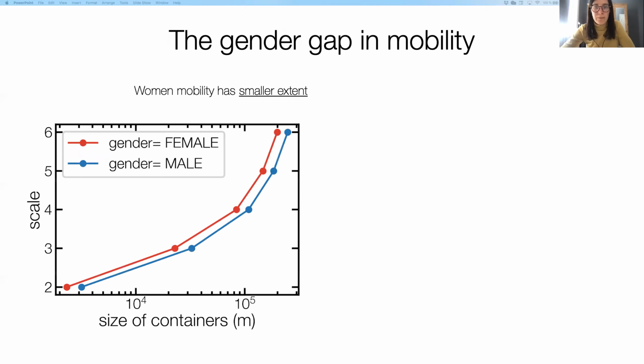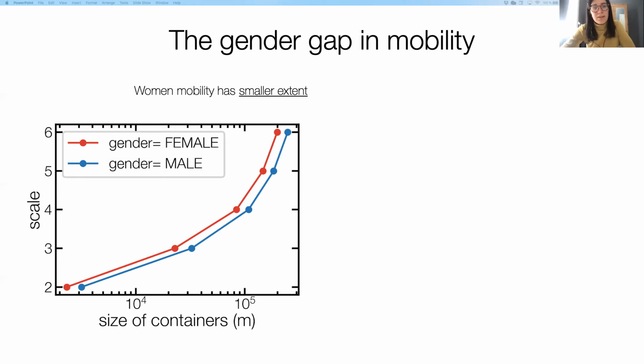And the second key reason why we think this is extremely important is because it gives a new lens to understand mobility, and we show this. Some examples that I'm bringing up here: one is that we can understand differences across gender much better using this new model. So we looked at differences between males and females in our dataset.